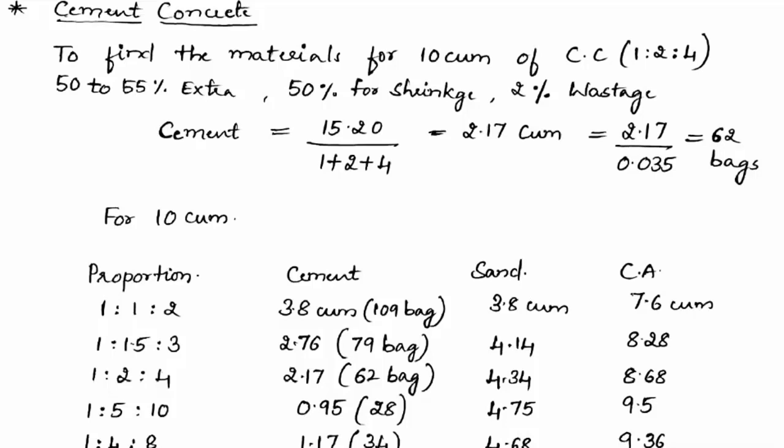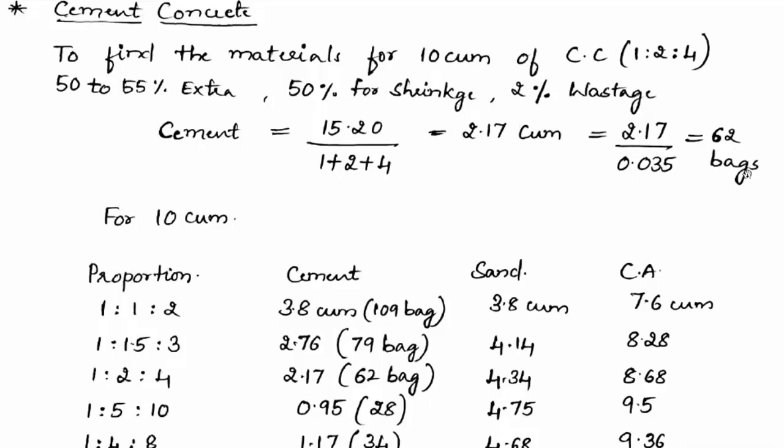For example, now you have become an engineer and you want to do casting of a slab. You have to calculate what is the volume of concreting that has to be done. Already in the earlier estimation classes, we have calculated the concrete quantities for slab, column, and footing separately, correct? So for example, you calculated 20 cubic meters of concreting has to be done. Therefore, here 20 multiplied by 1.52, that is 52% extra, divided by the proportion, right?